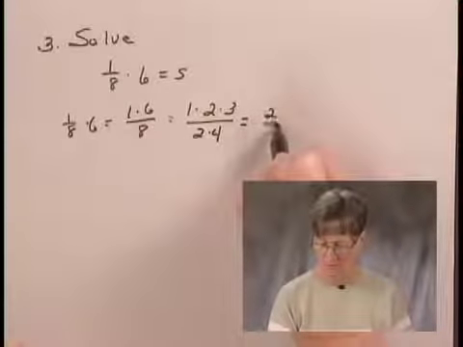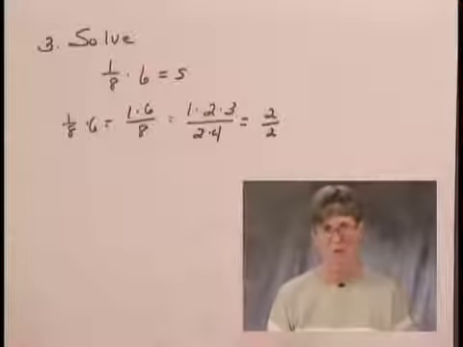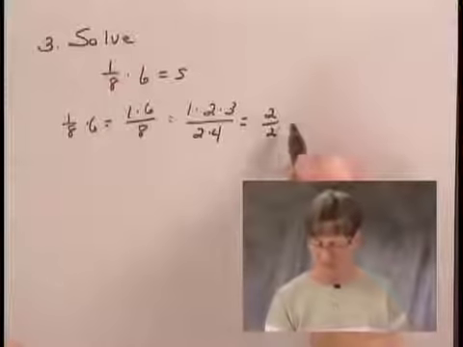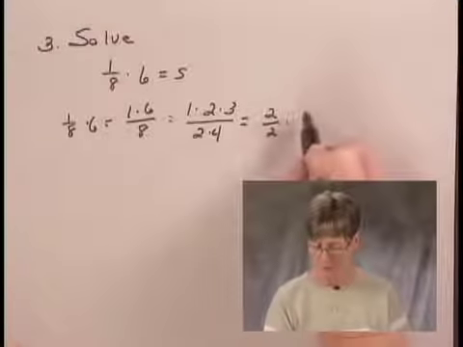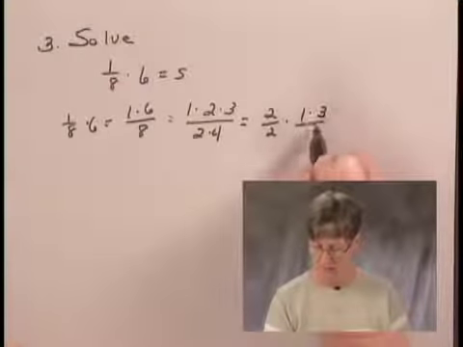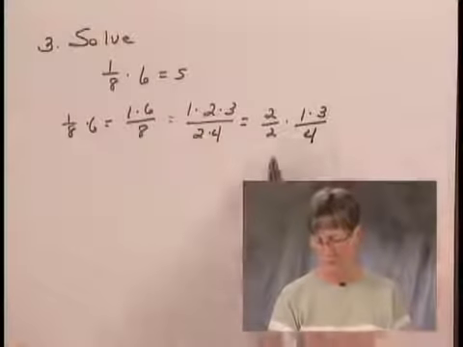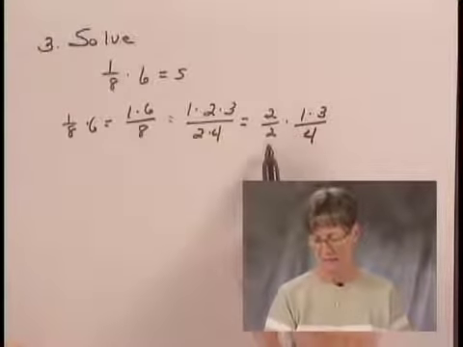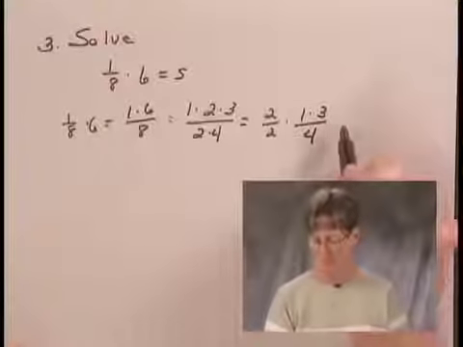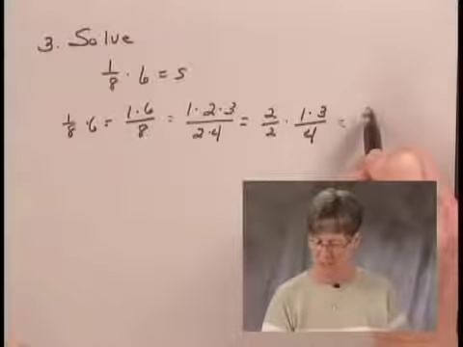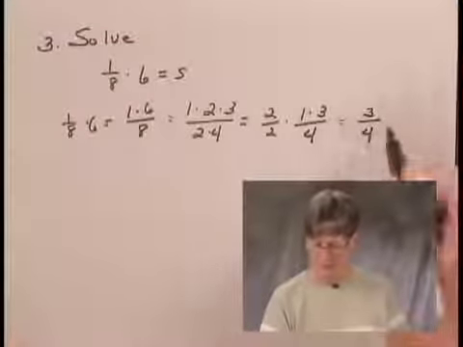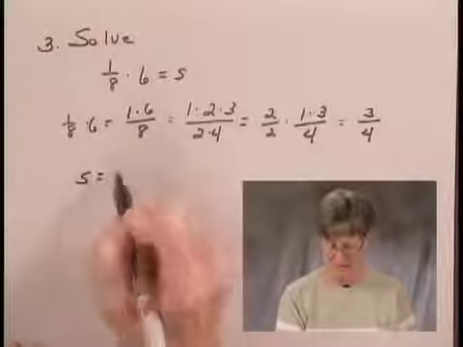And I can write this as a product. I have a common factor of 2 in the numerator and the denominator. So I can write 2 over 2 times 1 times 3 over 4. 2 over 2 is equal to 1. So I have 1 times 3 over 4. And 1 times 3 is 3. So I have that S is equal to